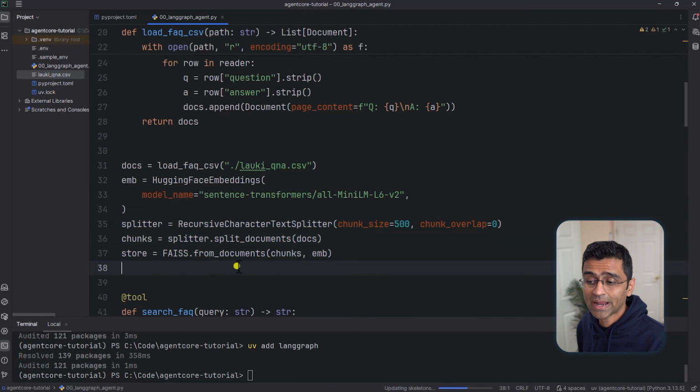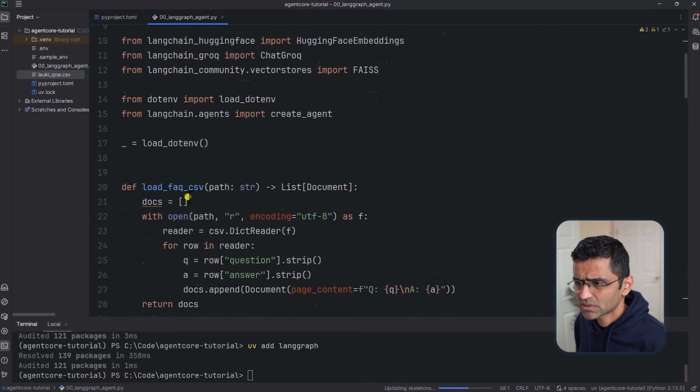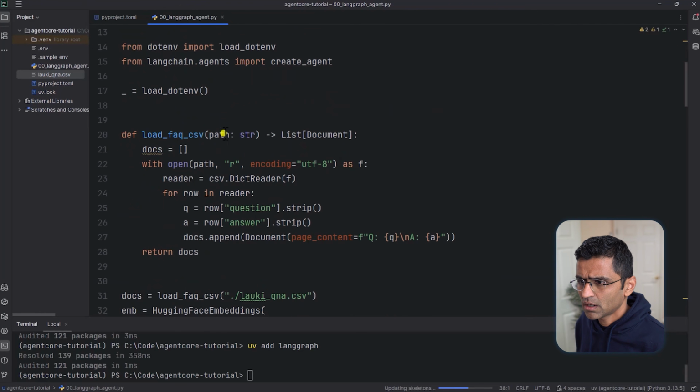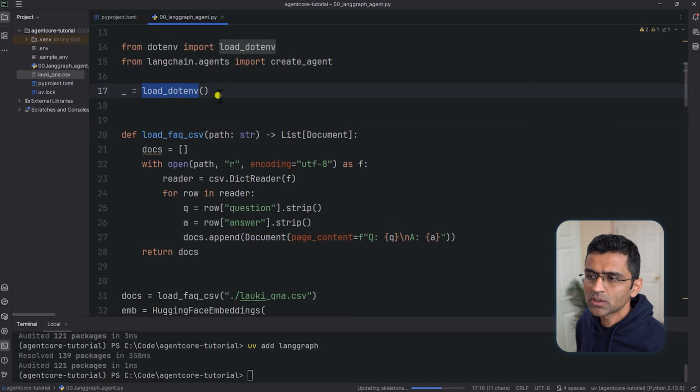Now if you don't know how RAG works, we have many other tutorials. I'm going to provide you a link. So the purpose of this video is not to explain RAG to you, okay. We want to move to AgentCore quickly. That's why I'm just keeping things really quick, and you are loading .env through which you will load those environment